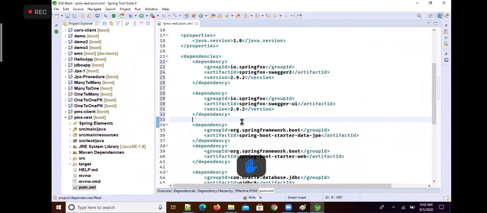Look at this now. Two dependencies added newly. Group ID io.springfox, artifact springfox-swagger2, and this is the version.